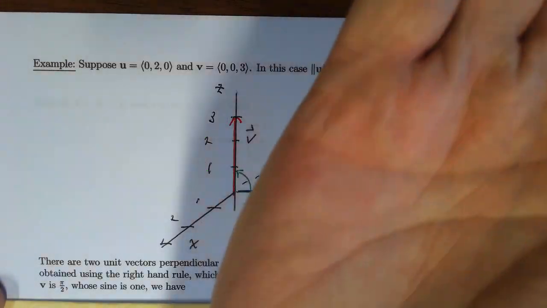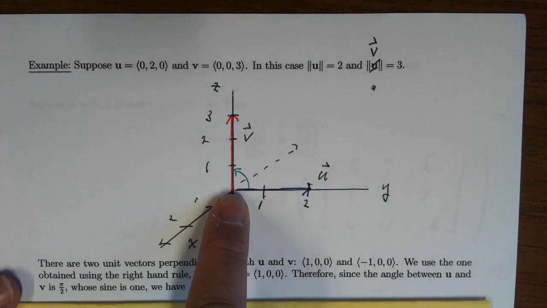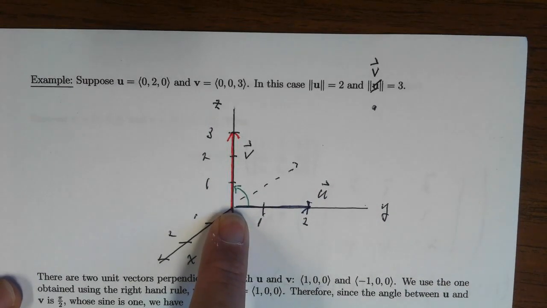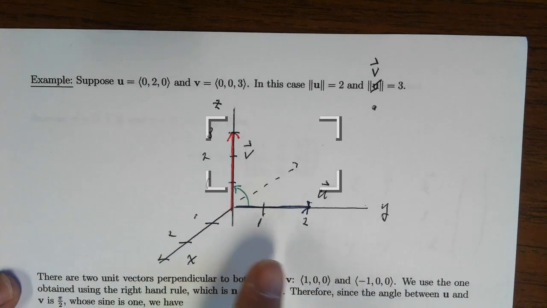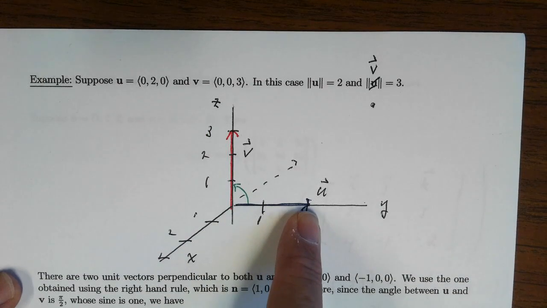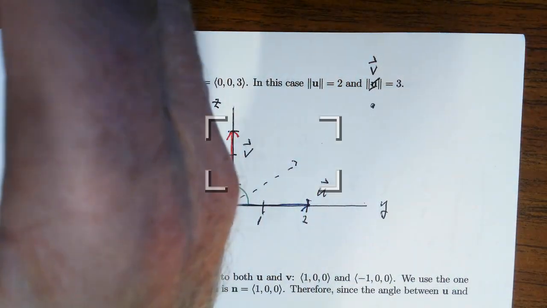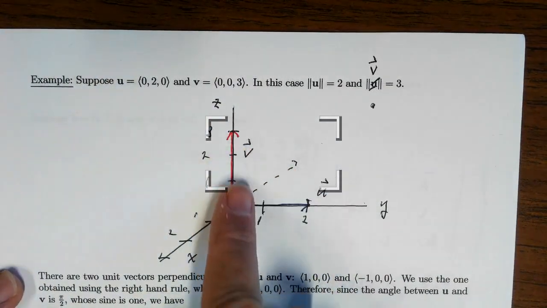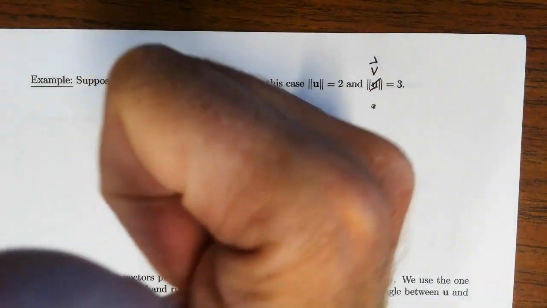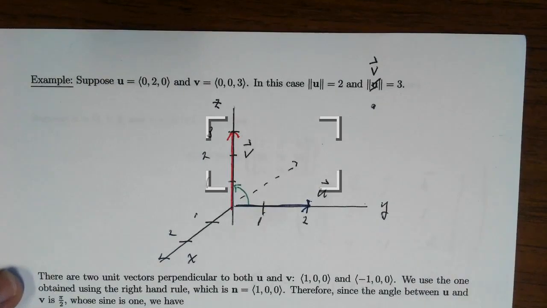So let me say that again. Put the heel of your hand down where the tails of the vectors coincide. Remember, we can move vectors around without changing length and direction. Put the pinky of your right hand at the end of the first vector and cross your hand so it ends up on the second vector, which is v in this case. And if you do that, the thumb of your right hand has to point in the direction of the desired vector